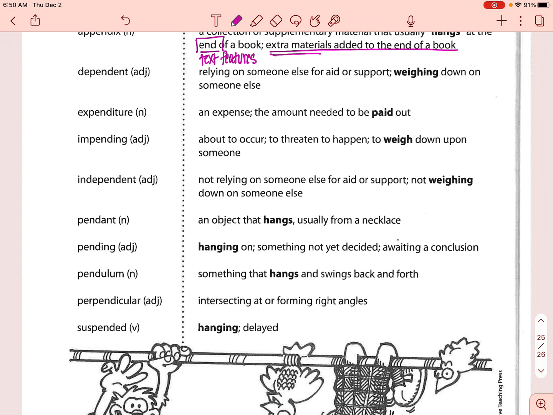This is one of the words, and I feel like we need to connect these two because we use these words so often together, especially when we're talking about our sentence structure. But you've got dependent, which means it's depending on somebody else. So it's relying on someone else for aid or support. Sometimes the reason it's associated with this is because it's weighing down on someone else. So if you're relying on somebody else, it will weigh down on them because it will put extra responsibilities on